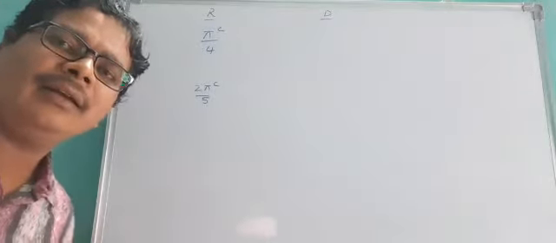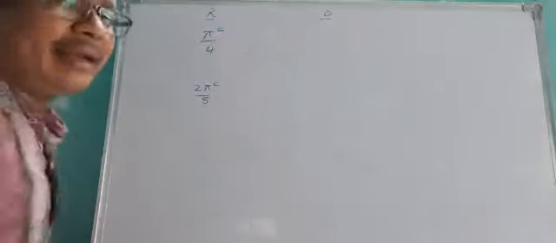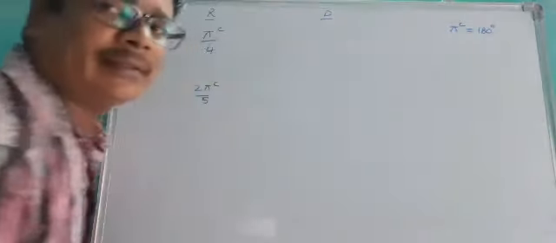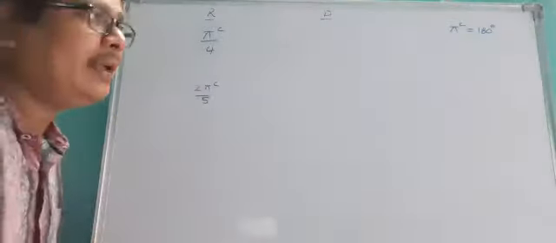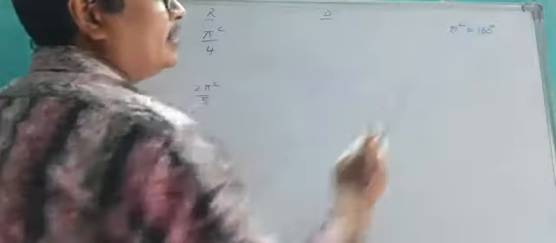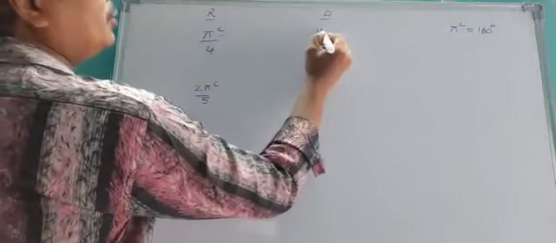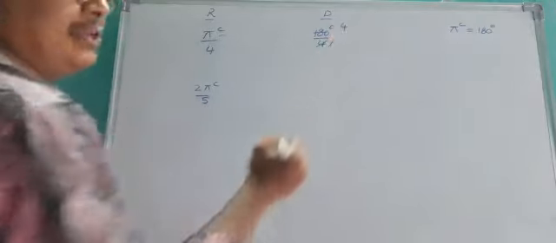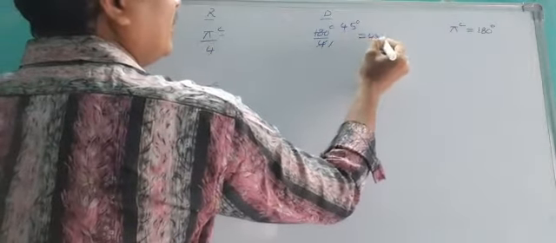Next one. So I have explained just now the conversion of radians into degrees. How many degrees equal pi radians? Pi radians equal 180 degrees. Here C indicates circular measure. So simply, instead of pi radians you have to substitute 180 degrees. 180 degrees by 4: 4 fours are 16, remaining 20, 4 fives are 20. That equals 45 degrees.